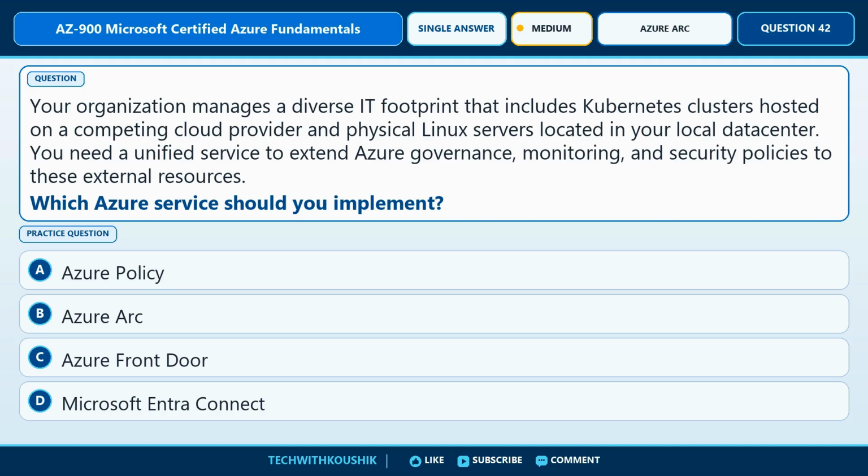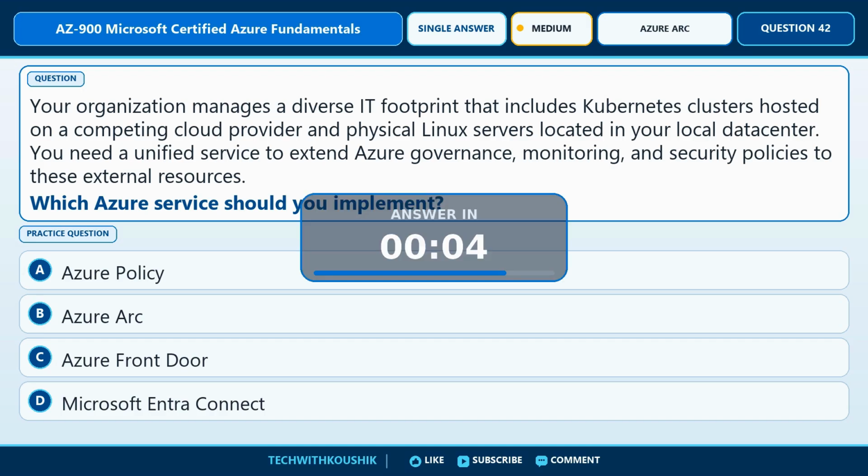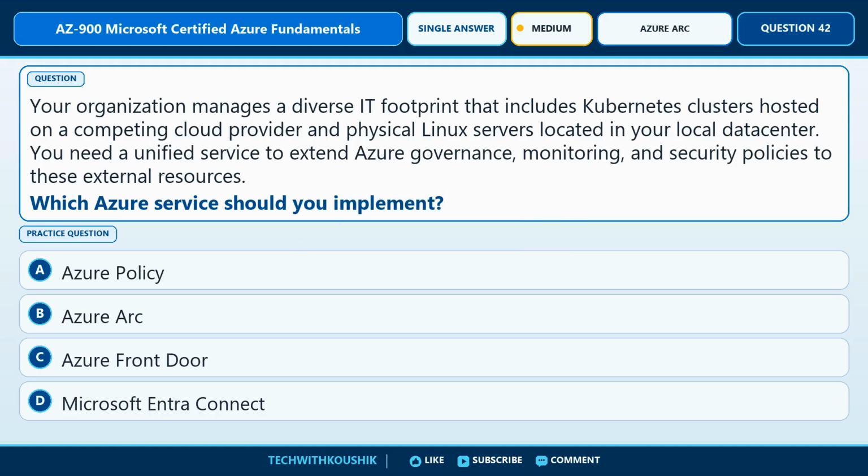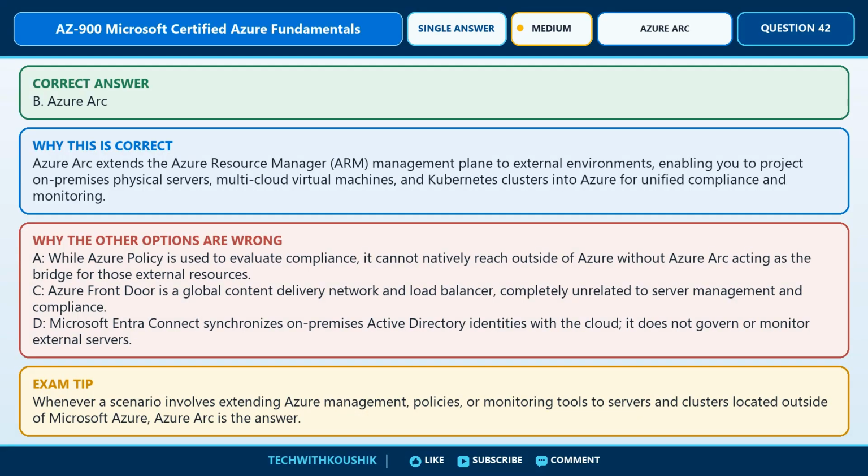Review the options. Option A, Azure Policy. Option B, Azure Arc. Option C, Azure Front Door. Option D, Microsoft Entra Connect. The right response is option B, Azure Arc. The main reason is Azure Arc extends the Azure Resource Manager (ARM) management plane to external environments, enabling you to